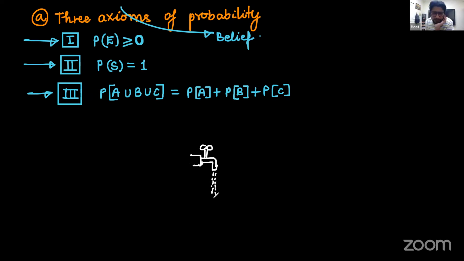Union is like realizing an event, or an event occurring, by the occurrence of either